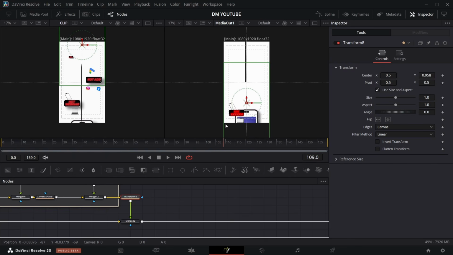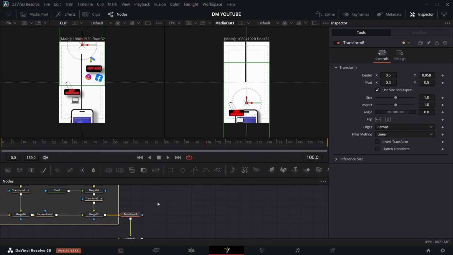I'm trying to get to where I'm going to position it well. Let's go to frame 100. Frame 100, go to this transform, that's transform number 8. We're just going to take it up like that too and place it here. Good,